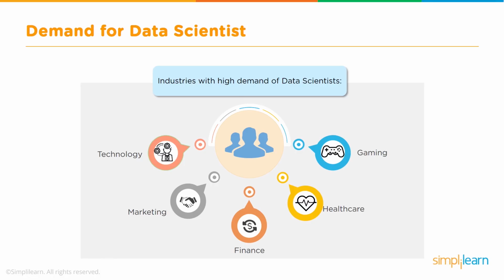Then we have healthcare. For example, data science is used for diagnosis and several other activities within healthcare, for example predicting a disease. So healthcare is definitely one. Finance too: banks, insurance companies, all of these have a huge demand for data scientists. Marketing is like a horizontal functionality across all industries, and there's a demand for data scientists there. Then, of course, in technology areas. So pretty much in all of these areas, there is a lot of demand. Globally, there is a huge demand. So this is a very critical skill that would be required currently as well as in the future.